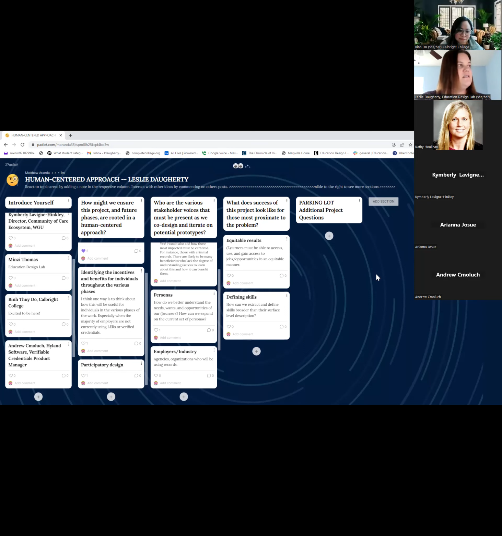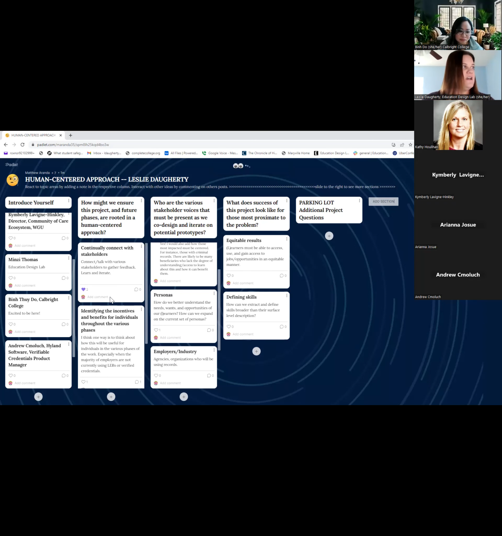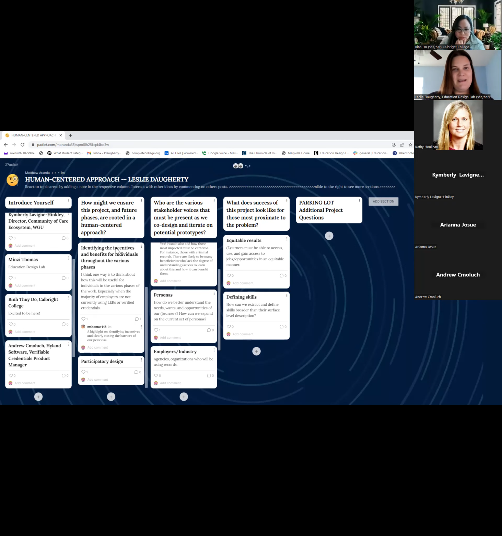Yeah, that's a really good point, and I appreciate you bringing that out. And I'm wondering if we could capture that. And I think it's in this continuing connecting, but again, we make some broad assumptions, right? And so how might we bring that and specifically touch within these learner personas is so important, and then continue to expand who those learners are, as we gain a deeper understanding about